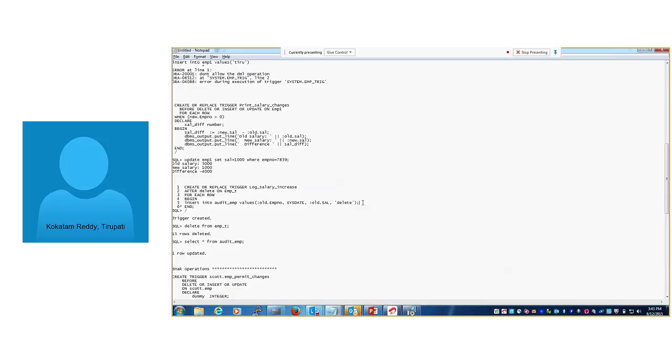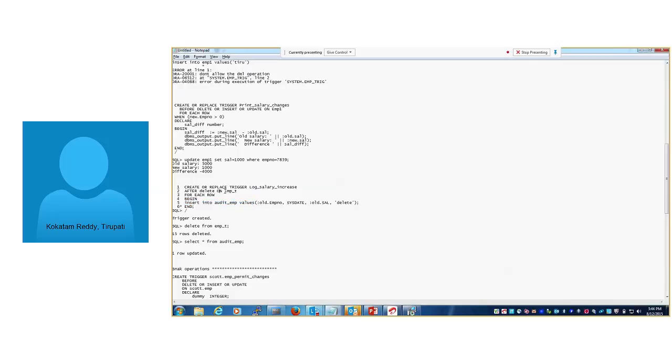We can see here we created one trigger on EMP_T table when any user performs a delete operation on EMP_T table. That time the deleted records, not any other records, only the deleted records we will get into audit_EMP.